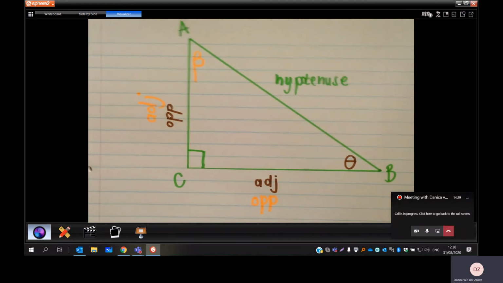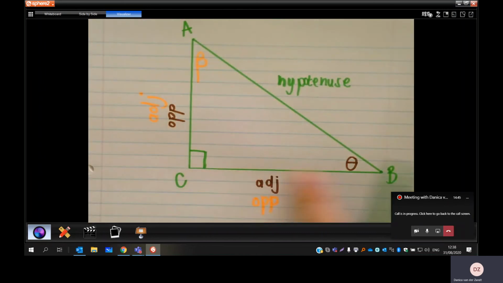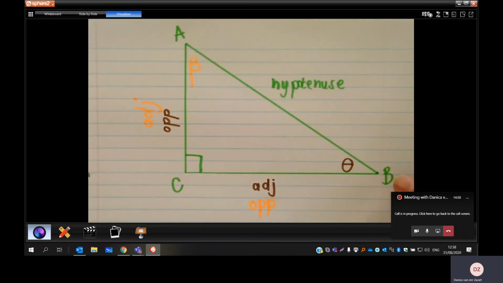So now we're going to look at what I could call those lines. So yes, I know that it is the adjacent side, and yes, I know that it is the opposite side, but we still have to call them by their names. So we can call this one AC, and that one BC, and that one AB, but there's another terminology that I could try and trick you with. So have you noted that I'm using capital letters on all of those vertices, all those points of the triangle? I can try and trick you